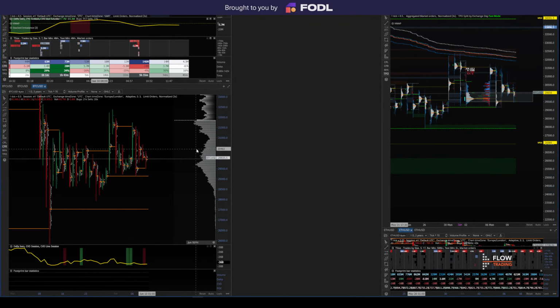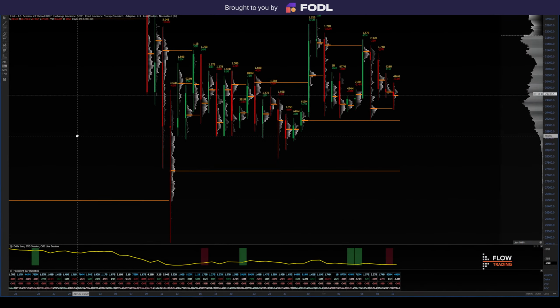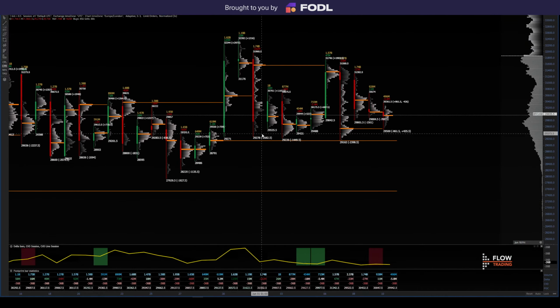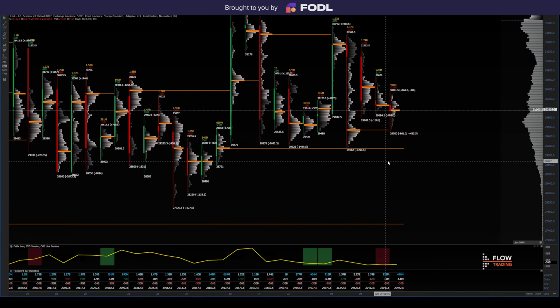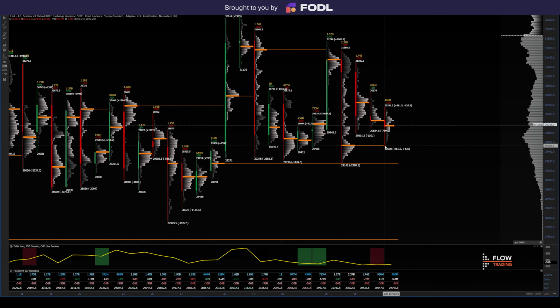So let's have a look at Exocharts and see if we find any more data that is relevant and interesting, right? So we had a naked point of control here below. We took that a couple of days ago. I pointed that out to you guys on Wednesday. Then we left another naked point of control here around 29,500. We came down and took that as well, just last night, just a few hours ago, if you like. And now we're back inside of this little range here,